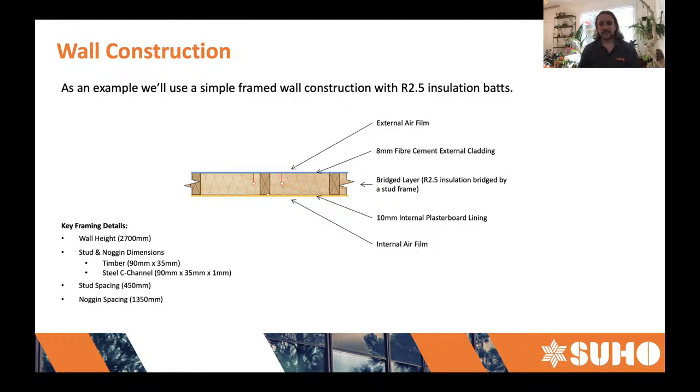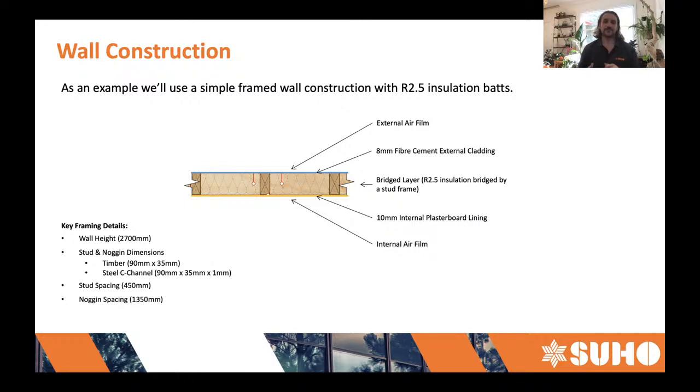We've got our fibre cement sheet layer, which doesn't perform particularly well, but will give us some R value. Then we've got our bridged layer, and in it we do effectively an area weighted average using the isothermal planes method based on the New Zealand standard. That calculates the effective R value of that layer. Then we've got our continuous 10mm plasterboard lining, which we add up as we would have done for 2016,